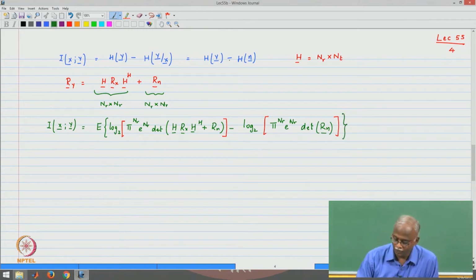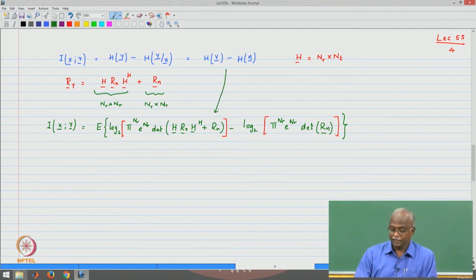So, this is obtained directly from this result, writing the expressions for the entropy using the form given in